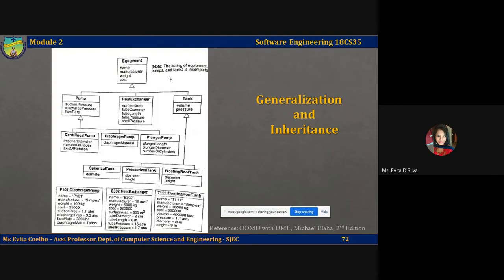Generalization is transitive across an arbitrary number of levels. So here you have the top level, the first level, the second level, and so on. Both of these are in the second level. So you can have multiple levels of hierarchy. It need not stop at one level. Here there are two levels of hierarchy, or including the root node, there are three levels of hierarchy. If I say level 1, level 2, and level 3.